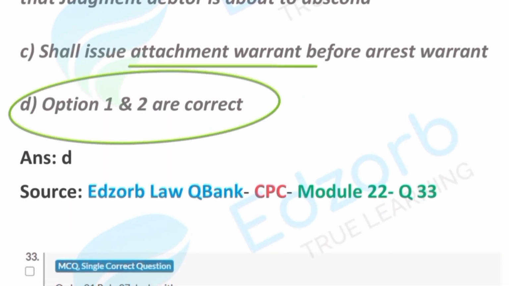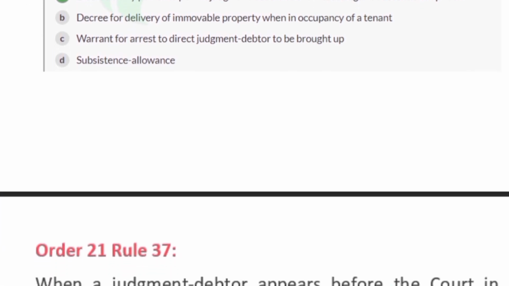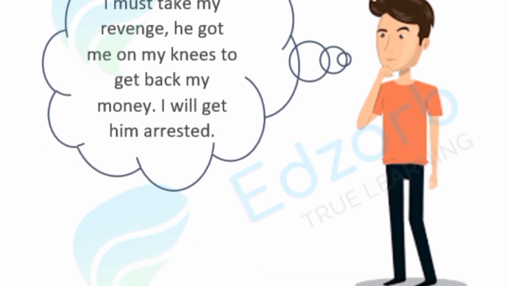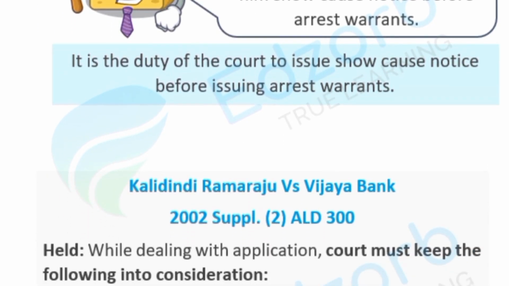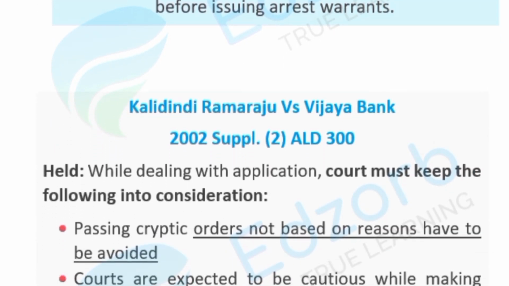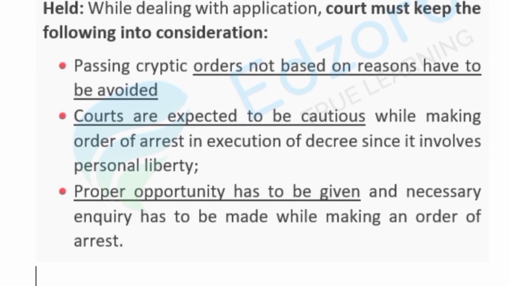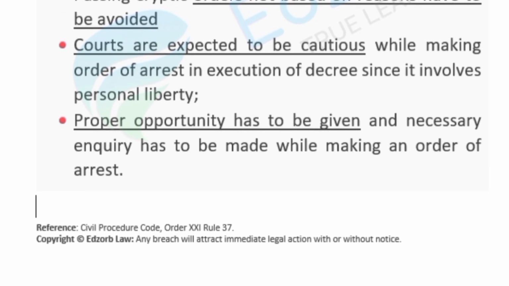Now even if you did not know Order 21 Rule 37, you would know that one has to be afforded proper opportunity in law. At the same time, there are available coercive processes for those fleeing justice. Now option A was the opportunity and option B was the available coercive process under law as a proviso. Therefore, option D was the correct one. Now I'm sure you can converge better at answers to questions you're finding some difficulty with.